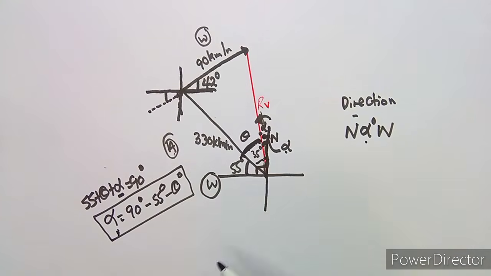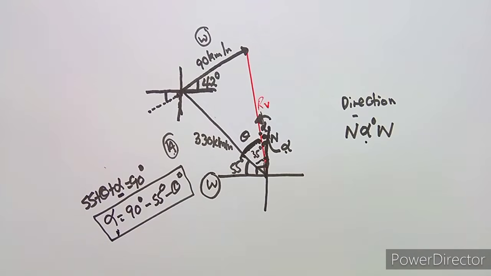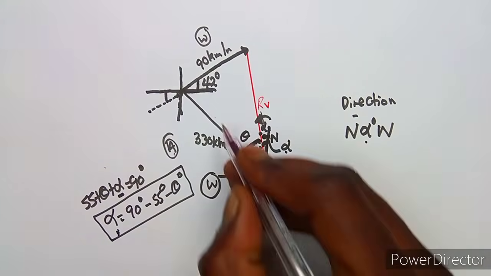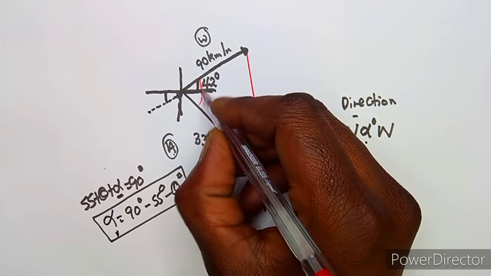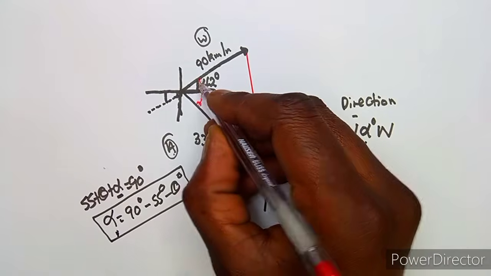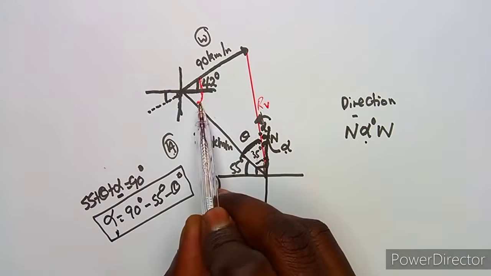It's just an application of your cosine rule. Remember your cosine rule, guys. But how can we use our cosine rule? Because this angle is not complete. You have to find this whole angle here that is opposite to the side that you want to calculate, this RV. So what is going to be this angle?